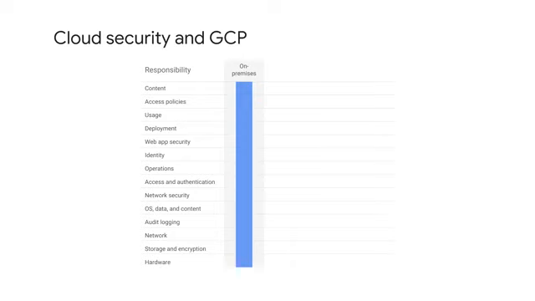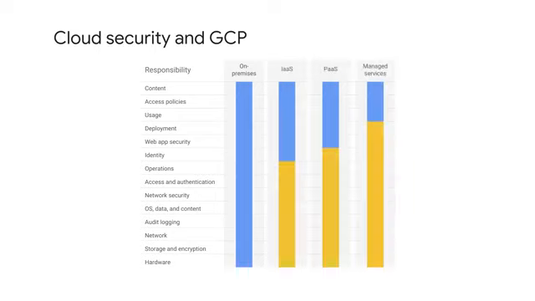When you build an application on your on-premises infrastructure, you're responsible for the entire stack security, from the physical security of the hardware and the premises in which they're housed, through the encryption of the data on disk, the integrity of your network, all the way up to securing the content stored in those applications. But when you move an application to GCP, Google handles many of those lower levels of security, like the physical security of the hardware and its premises, the encryption of data on disk, and the integrity of the physical network. Because of its scale, Google can deliver a higher level of security at these layers than most customers could afford on their own. The upper layers of the security stack, including the securing of the data, remain your responsibility.